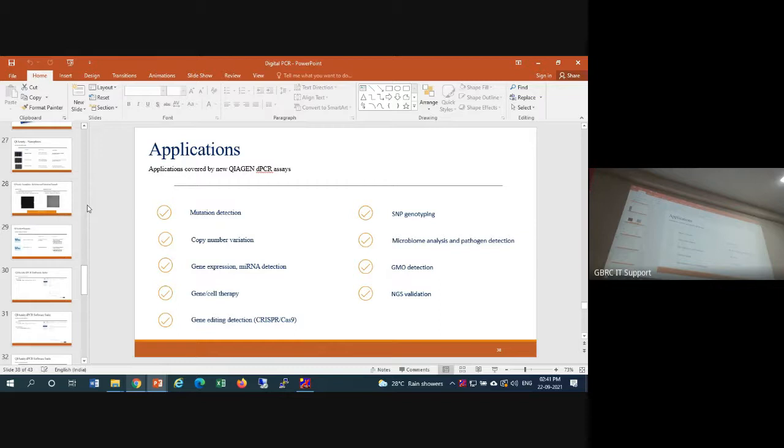Suppose for that, firstly you will select a probe based assay, right? EvaGreen you cannot use for multiplex. So suppose I have 4 different targets. Let's say I want to detect dengue, chikungunya, malaria in one reaction. So firstly I will design specific forward and reverse primers. Then I will design a probe also. So let's say for dengue, I have designed my forward and reverse primers, and I will design the probe sequence. So the probe sequence is similar to the forward and reverse primer only.